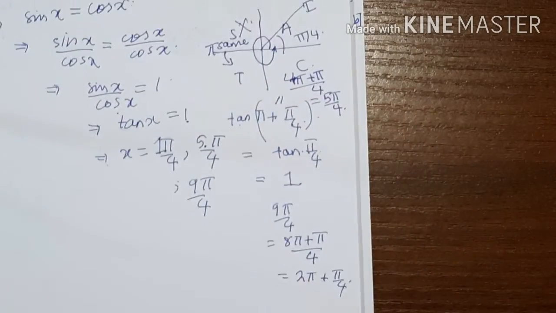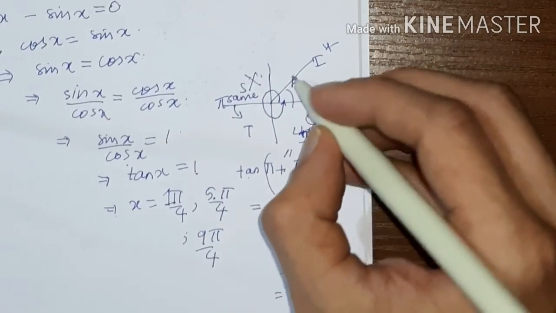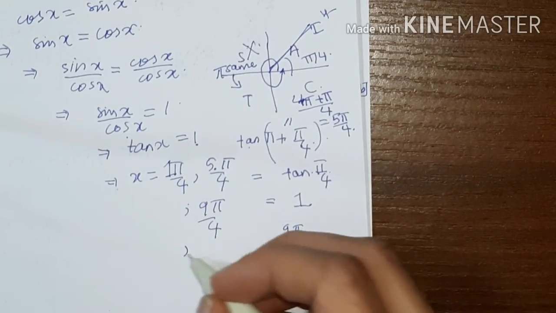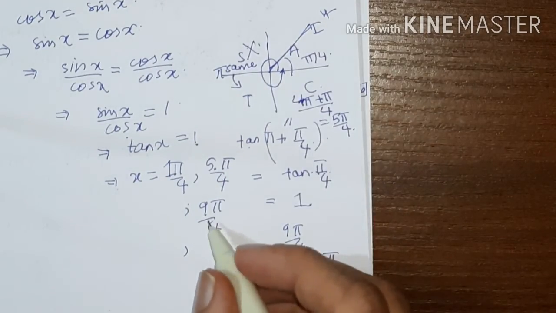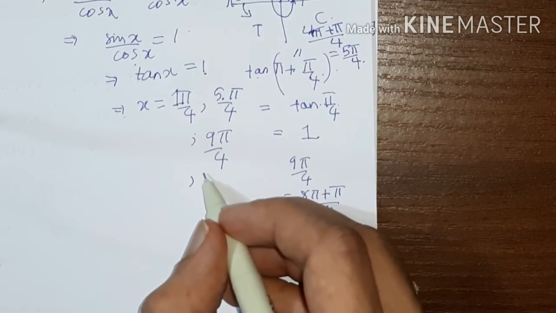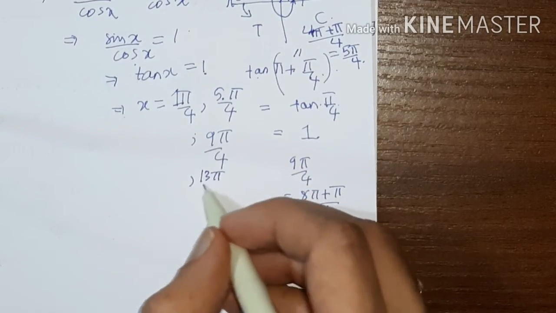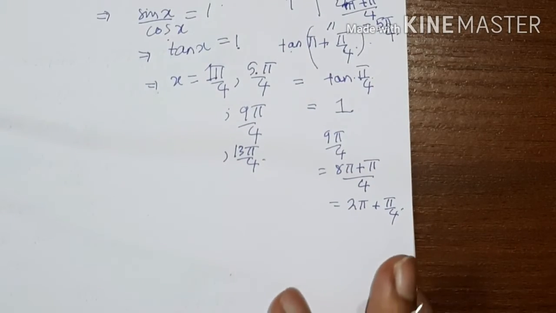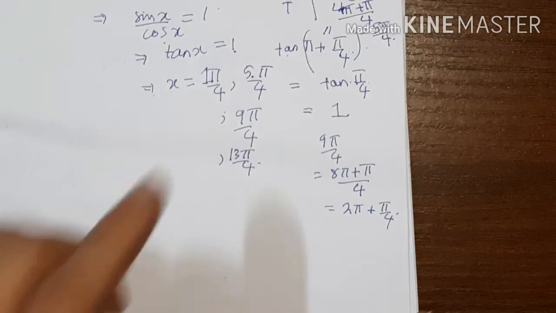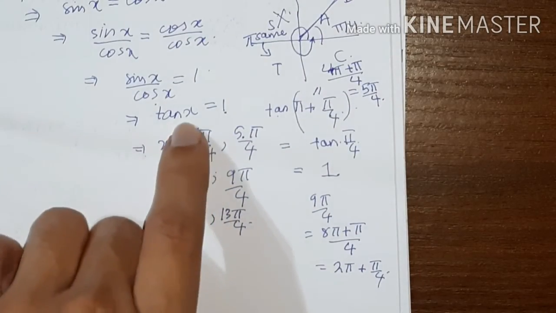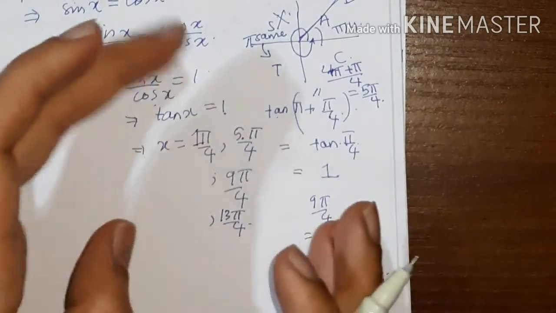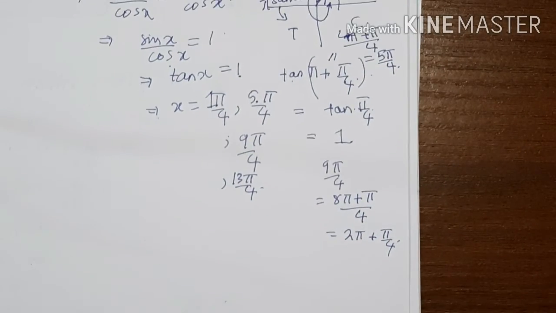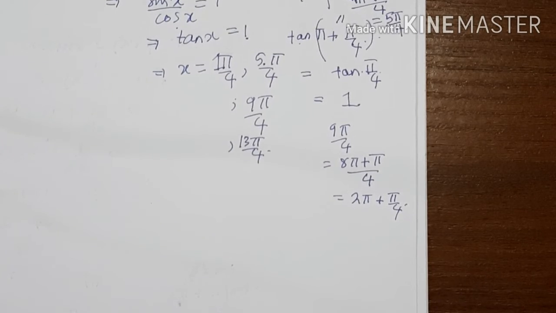Okay, so see, you are going in the first quadrant, and so you are getting 9 pi by 4. Then the next value will be what? Just add 4 to this, so that will be 13 pi by 4. Okay, so all these values you got. Now let us check, there are also negative values, but only by these values we can look at the maximum value that we have to find.